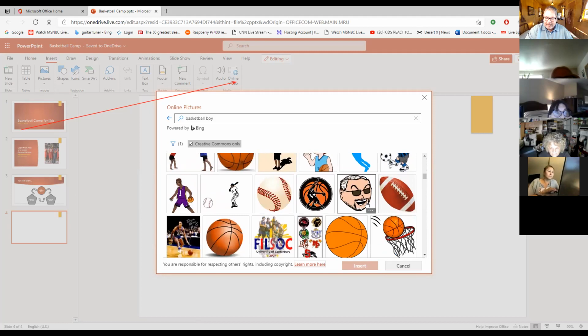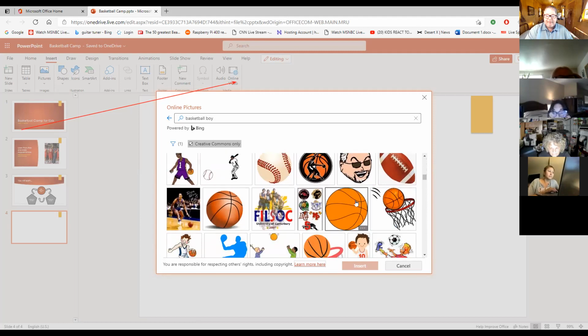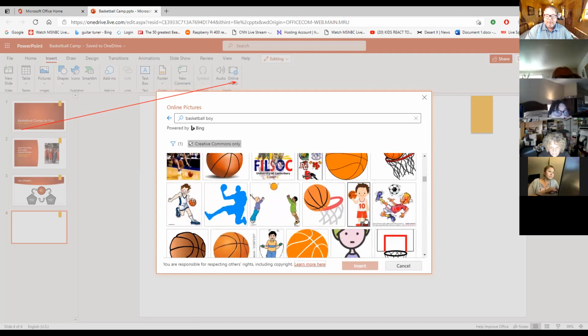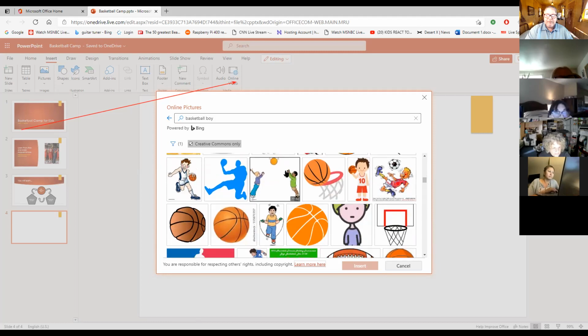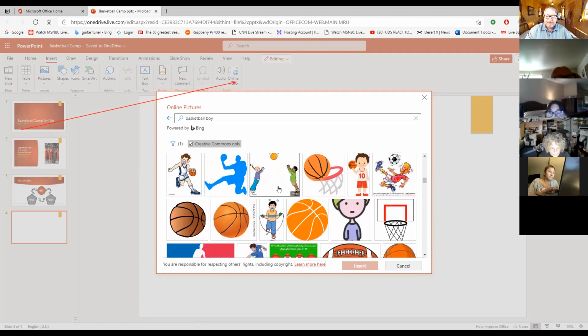Well, remember, this is like a basketball camp for kids. So something related to that will be nice. But we want a picture to be, well, this one is Basketball boy. Good. So,